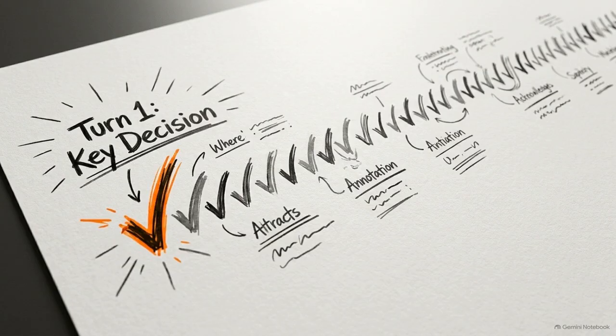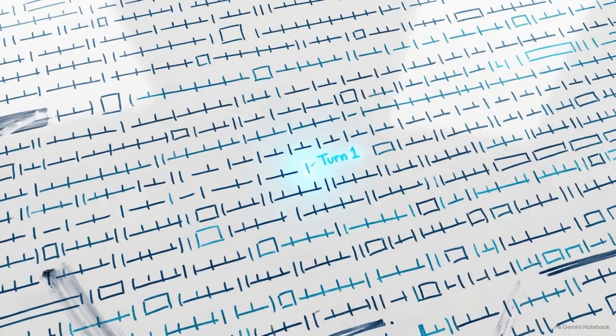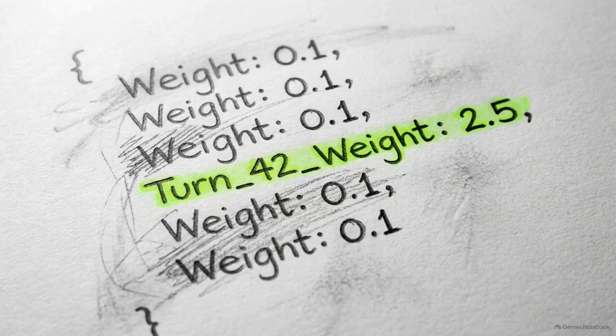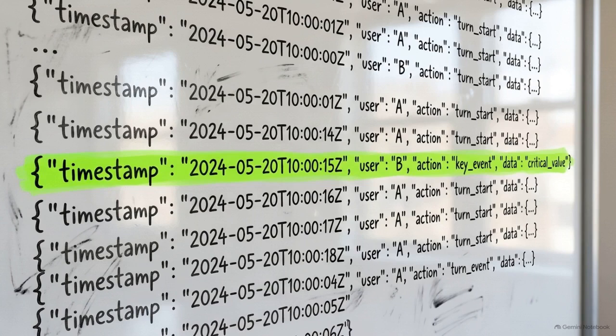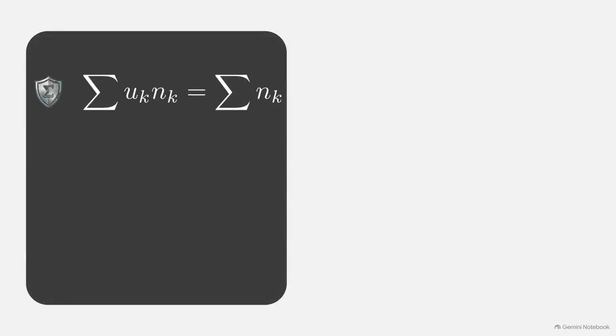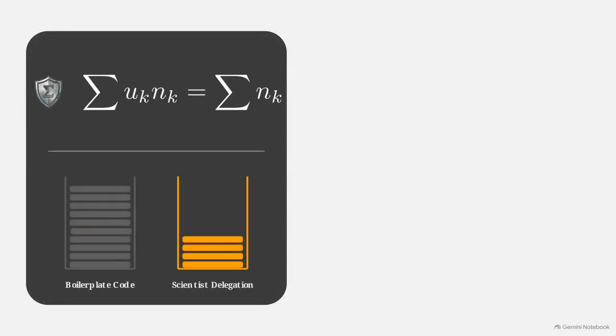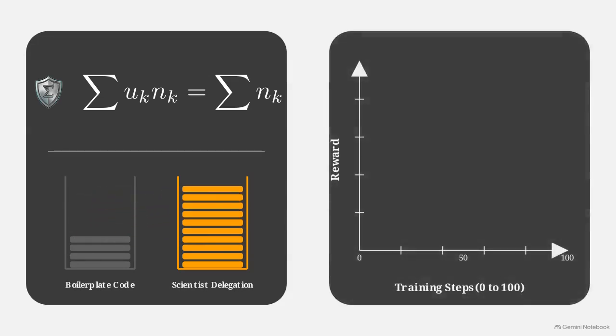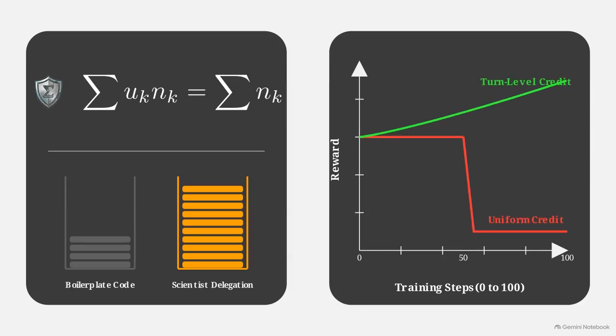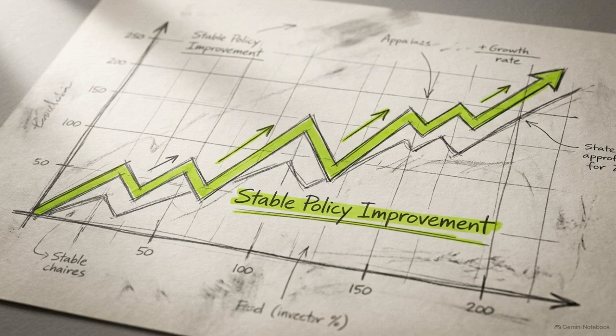The second major bottleneck of long horizon RL is credit dilution. Over a 500-turn rollout, the credit for a good decision gets diluted across hundreds of irrelevant coding steps. To counter this, the judge emits turn-level credit weights. It assigns higher mathematical value to the specific turns where critical scientific decisions or delegations to the coder were made. The weights are normalized so the weighted token sum exactly equals the raw token sum. It redistributes credit without inflating the total magnitude. Without this exact turn-level normalization constraint, the training completely collapses in roughly 50 steps. This specific method of distributing credit allowed the policy to improve over long horizons, where standard reinforcement learning failed to